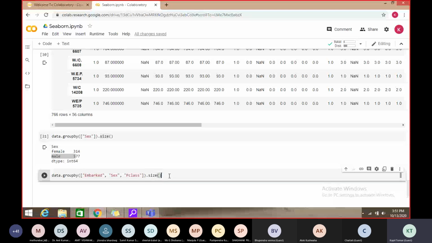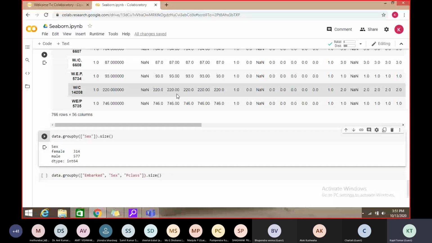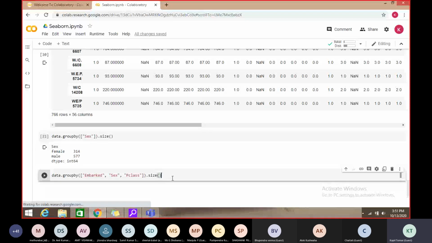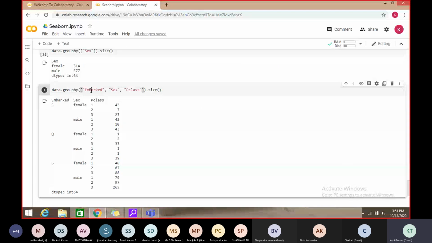When we are not comfortable with the numbers, then we go with data visualization with the help of charts and graphs. Now we call it, grouped with 3 columns: embarked, then sex, then pclass. There are 3 different values in my first column, and with respect to these it is grouped with the second column.